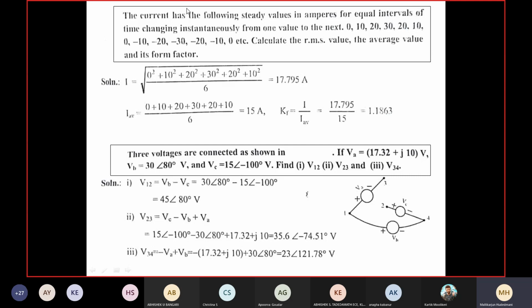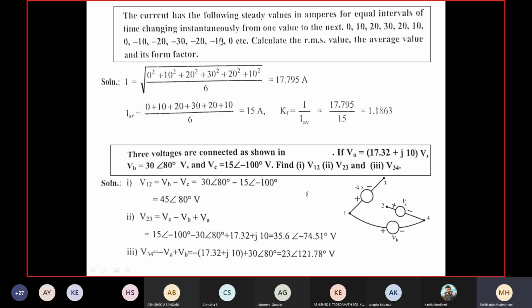This problem I think you have already seen. You are given discrete instantaneous values of a varying current wave; get its RMS current, its average value, its form factor, peak factor, etc. Given instantaneous values, from the 0 you have to begin. Before the next 0 you stop. You count it as 1, 2, 3, 4, 5, 6, 7, 8, 9, 10, 11, 12.